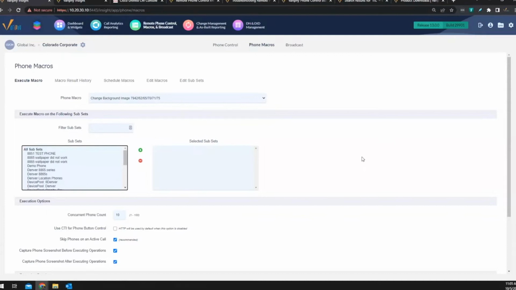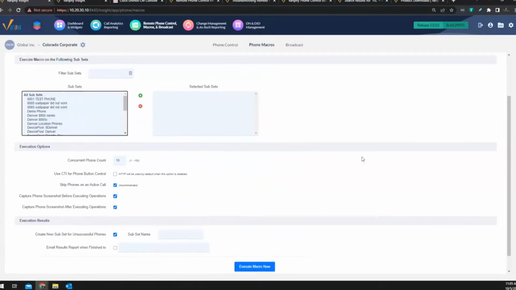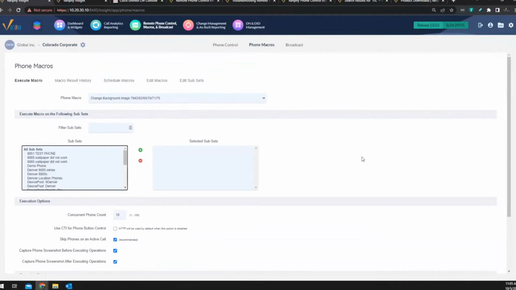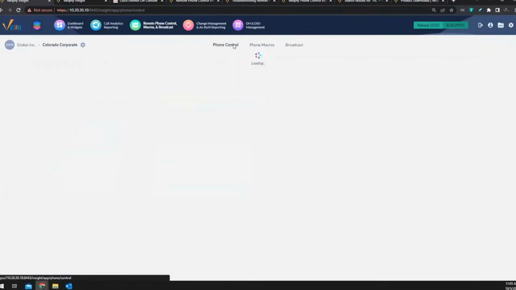But you can program these to do almost anything, from change the background, set the image, lower the volume, raise the volume. You can delete TFTP servers. You can delete the ITL if you need to. And the ITL actually ties into troubleshooting phone control, because one of the causes of phone control failing is possibly a stale ITL file. This gives us a method to get in and delete that. We'll get back into that in a bit, but let's go back to phone control.